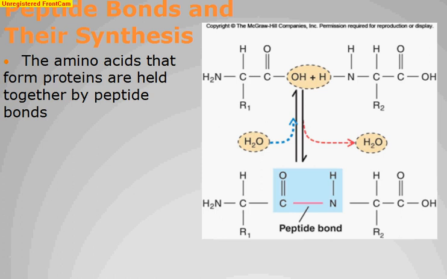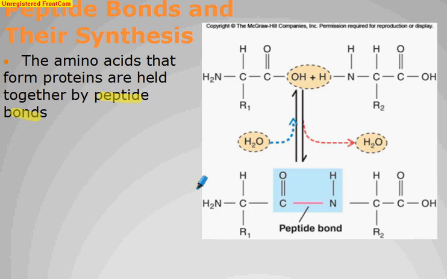Amino acids are held together by peptide bonds. Okay, and a peptide bond is nothing more than a covalent bond between atoms in molecules. Remember that covalent bonds result from the sharing of electrons. But we're going to build a protein the same way we would build any organic polymer, by a dehydration synthesis